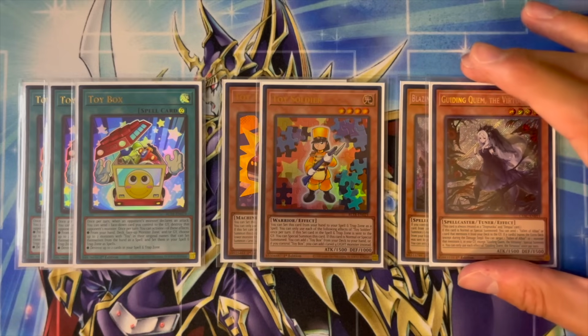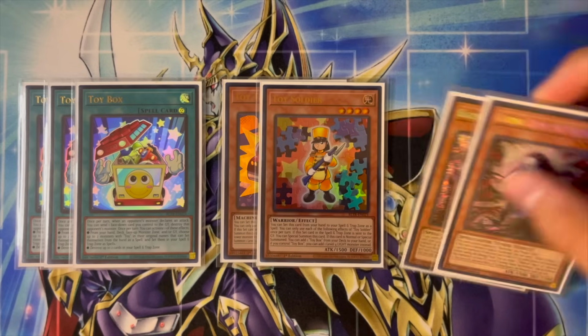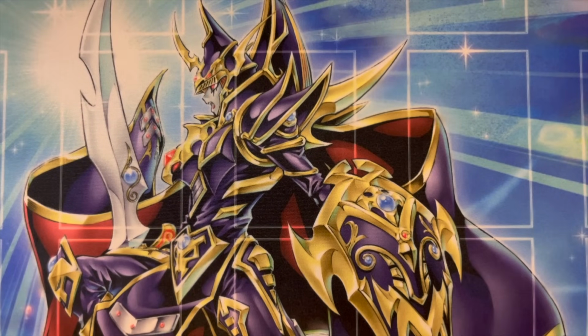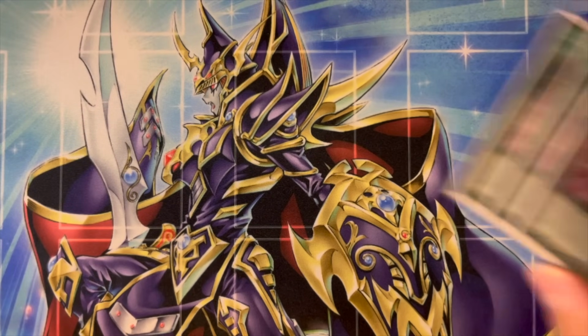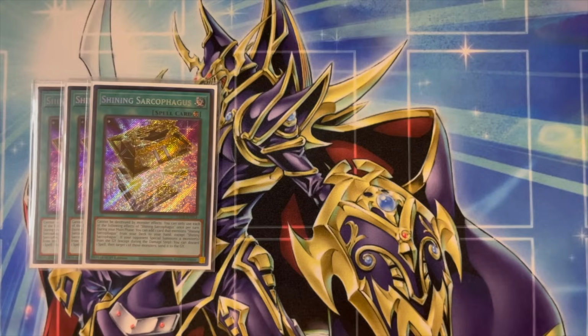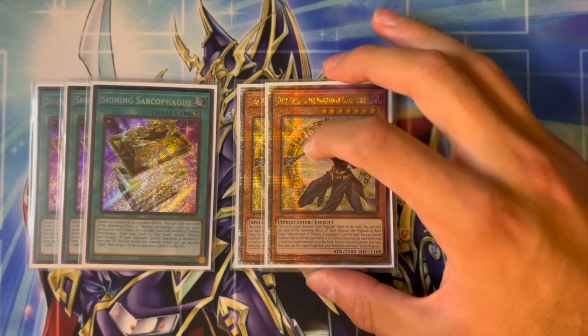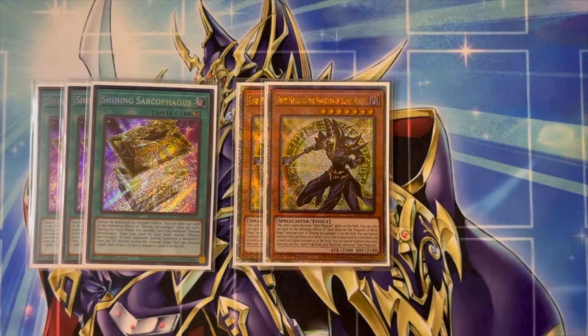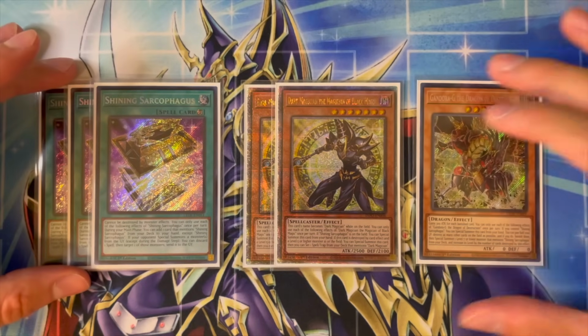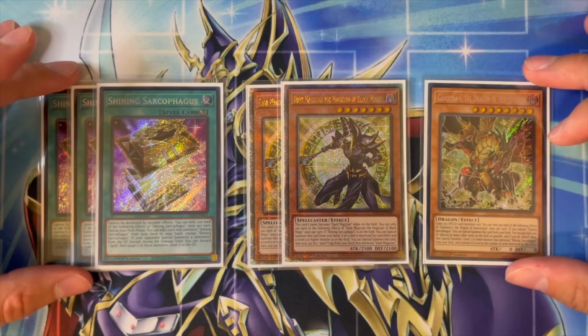However, there are ways to play with them by setting them and sending them to the graveyard with other cards in this particular list. A secondary engine that we are playing in this particular list is your 3 copies of Shining Sarcophagus, your 2 copies of Dark Magician, the Magician of Black Magic, and your 1 copy of Gandora-G, the Dragon of Destruction. Normally, I would sit here and say, guys, don't play this in Dark Magician, play this